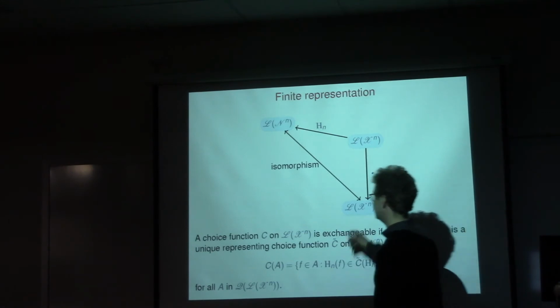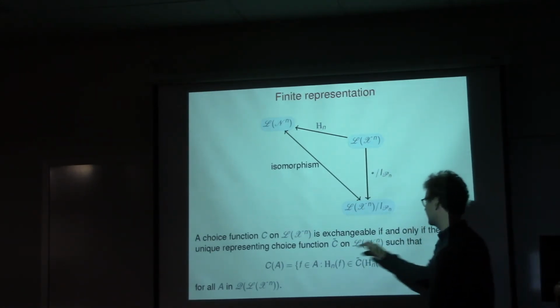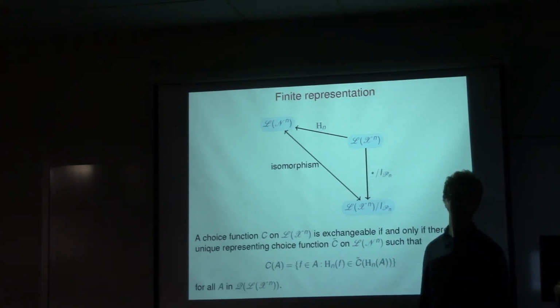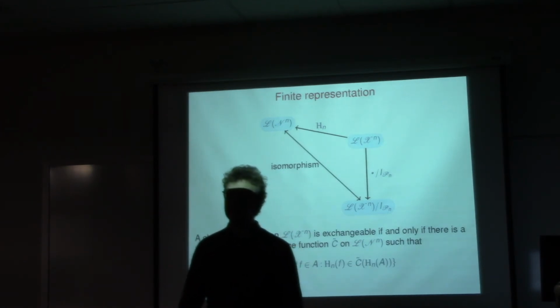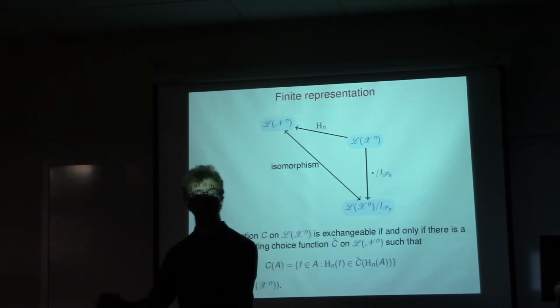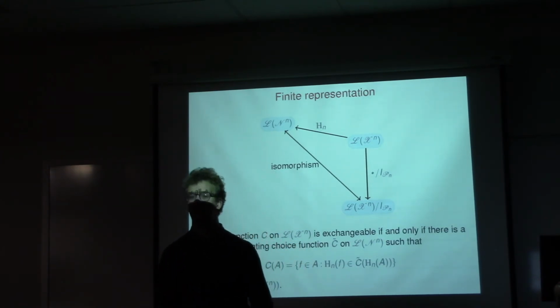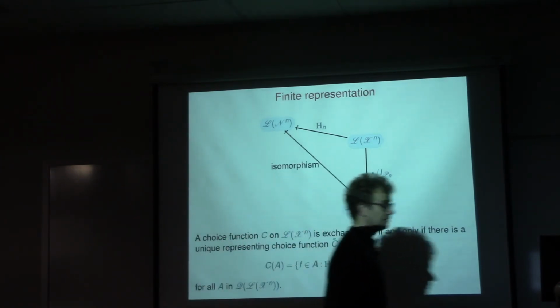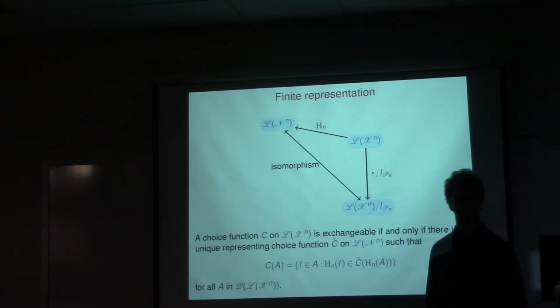A choice function is exchangeable if and only if there's a representing choice function on the gambles on the composition of the urn. Or in other words, my exchangeable choice function is completely characterized by choosing between gambles on different compositions of urns. So I have a belief model on compositions of urns. And I think this is a particularly nice generalization of the phonetics result. I would like to end my presentation here.